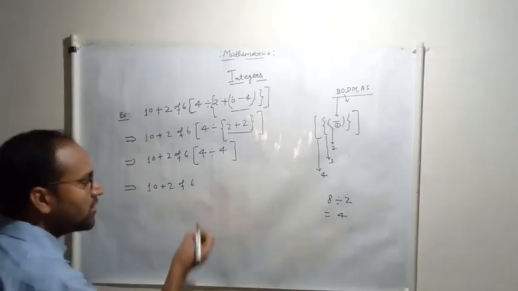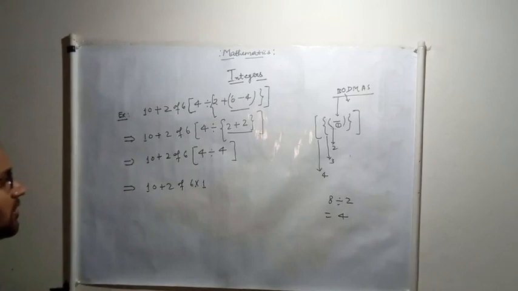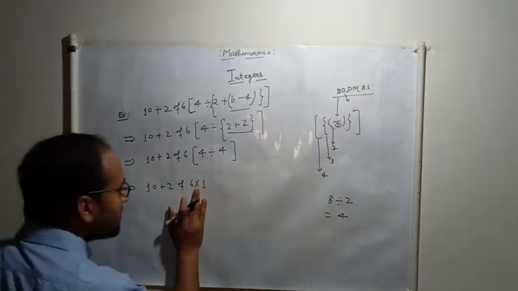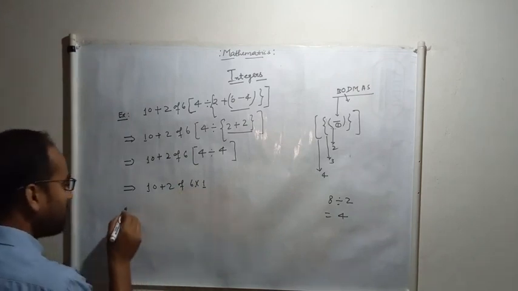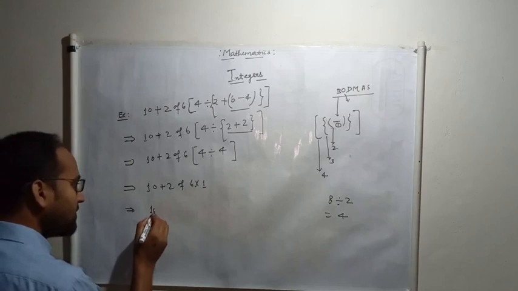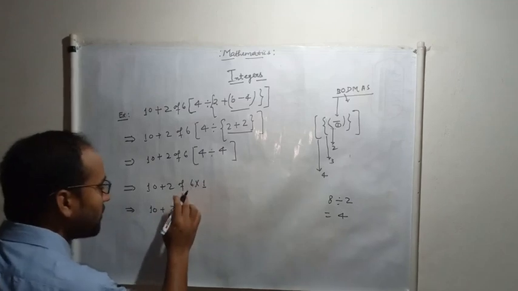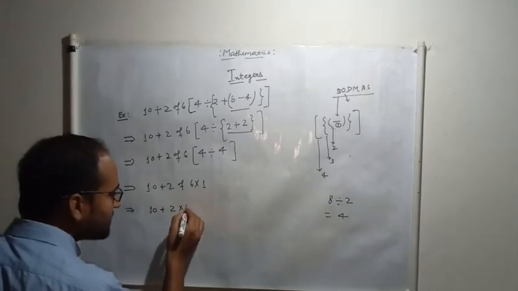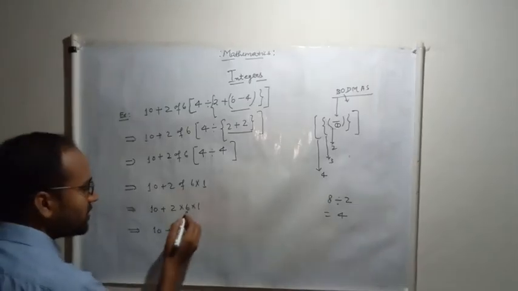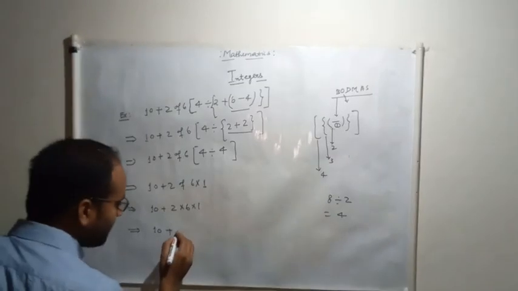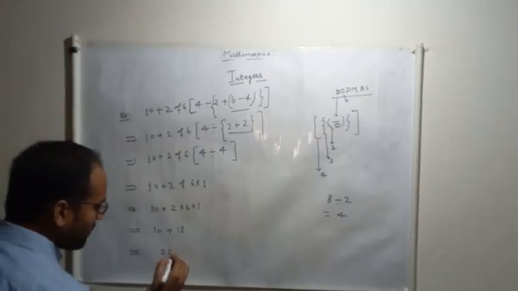4 divided by 4, what will you get? Here there is nothing, meaning multiplication, so you will get 1. And according to BODMAS, if here is a multiplication and here is an of, first you solve this of and then multiply. 10 plus 2 of 6 into 1, of also means multiplication. 2 into 6, we get 12, and 12 into 1, we get 12 here. So 10 plus 12, you get 22.